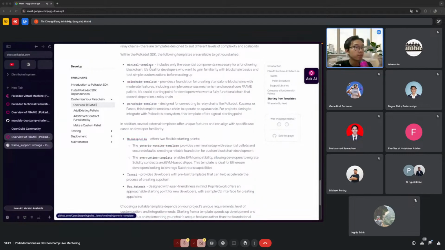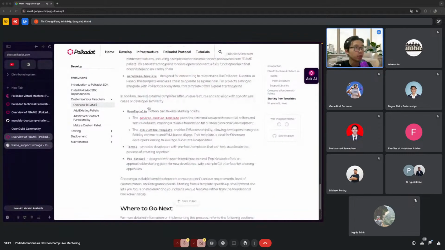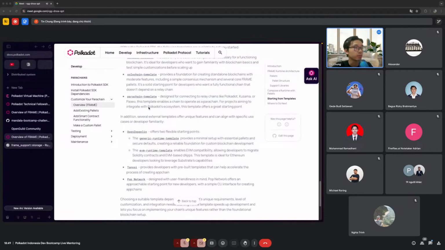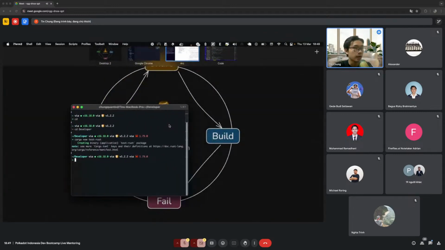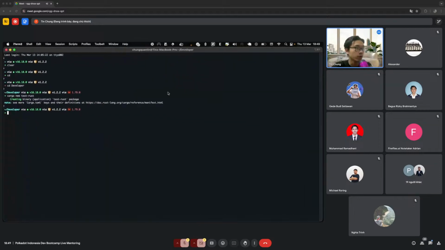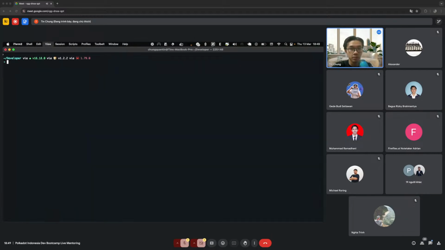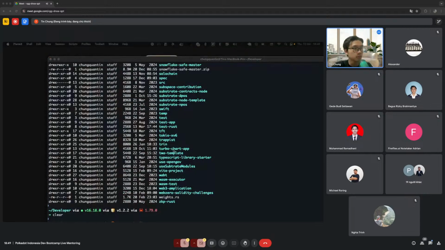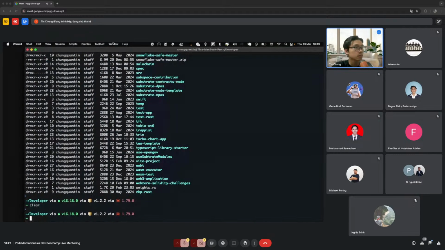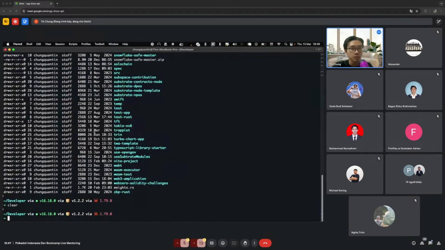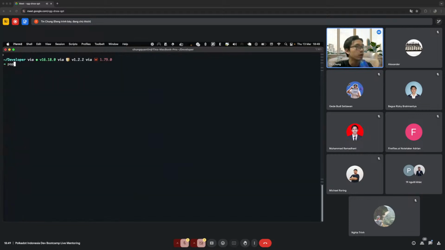And there are a few different templates that you can use as well. So let's say I'm going to start my terminal, and in the terminal I'm going to run pop new.